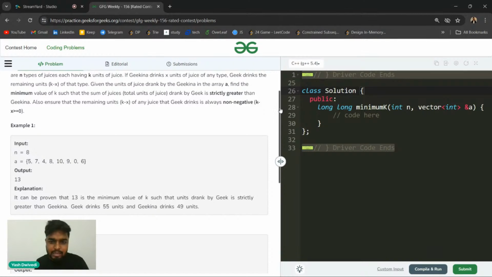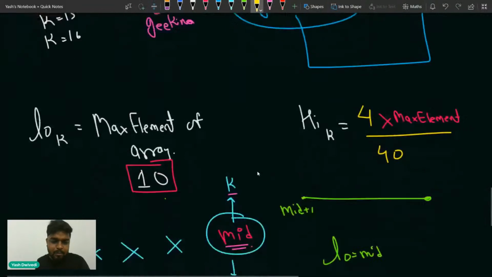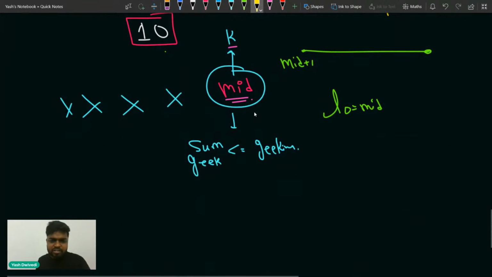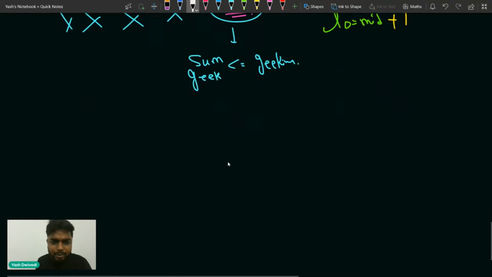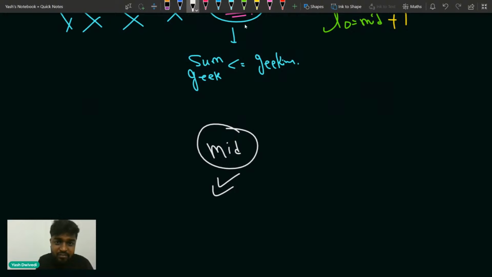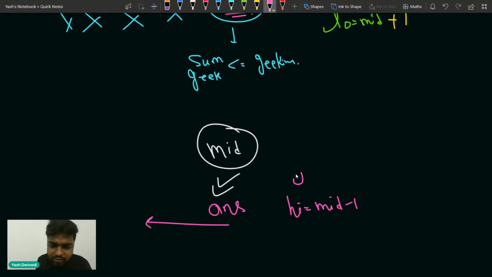Everyone, tell me. So basically, if the mid that you have chosen does not satisfy, then you'll search on the right side, so you'll mark your low as mid plus 1. Otherwise, if the mid you have chosen satisfies the criteria, then you'll store this as the answer, and you'll try to look for a smaller one. You store this as your answer, but can I get something much lesser than this? If I want something lesser, I'll search on the left side. So I'll mark my high as mid minus 1 after storing this answer as mid.